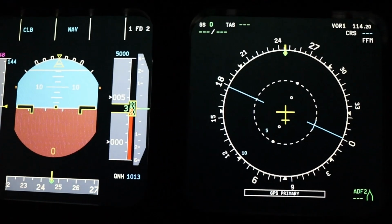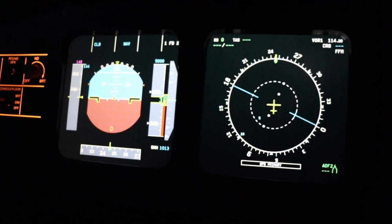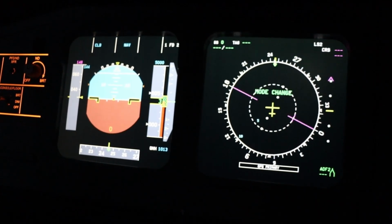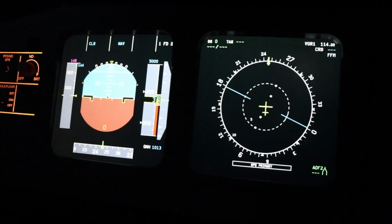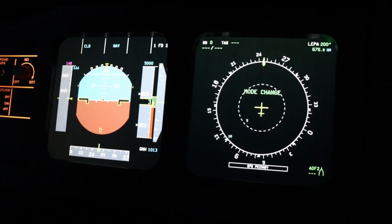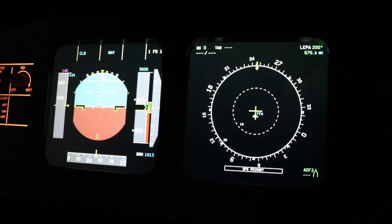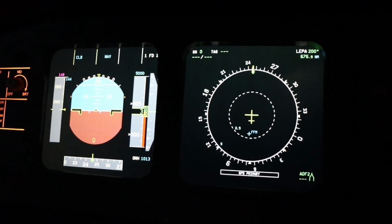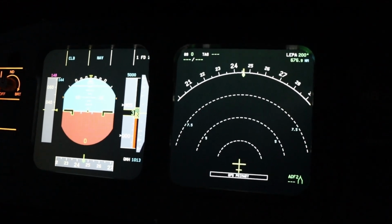The primary flight display, or PFD, provides critical flight information, altitude, airspeed, vertical speed, and flight director guidance, all in one place. It's designed to give the pilot instant situational awareness during all phases of flight. Next to it is the navigation display, or ND, which shows the aircraft's lateral flight path, waypoints, navaids, and